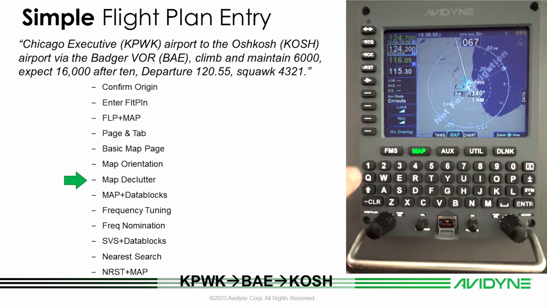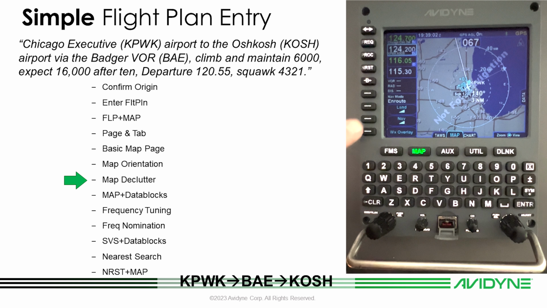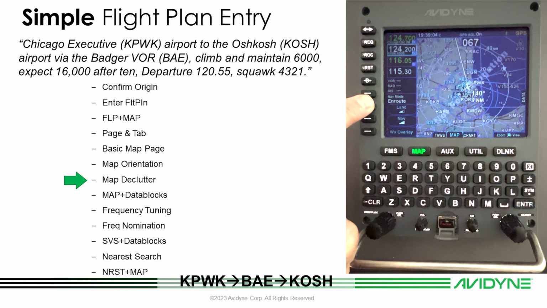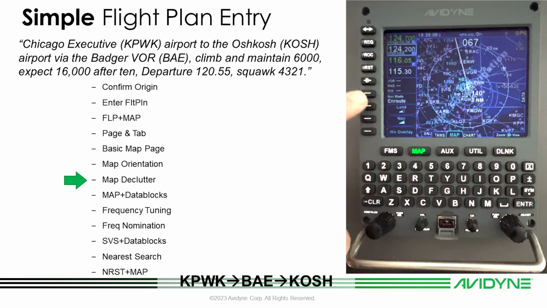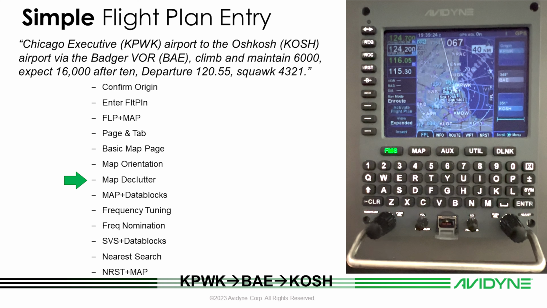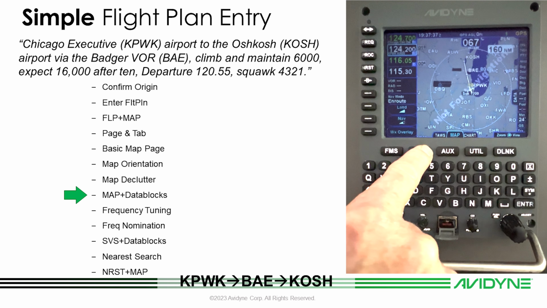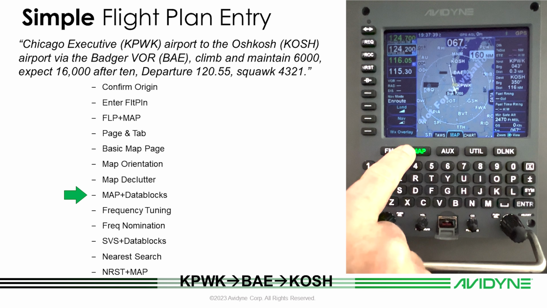Use LSK2 to declutter the off-route nav data from the map. There are 3 levels of declutter. LSK3 is used to declutter the base map, removing terrain, then roads and rivers, and finally all water and political boundaries. Press and hold the left or right side of the map page button to bring up the map plus data